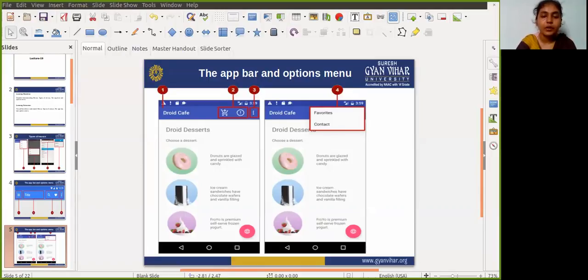just add the support library feature project and identifiers to the dependencies section. For example, to include support appcompat and support design, just add compile com.android.support:appcompat-v7:23.4.0.